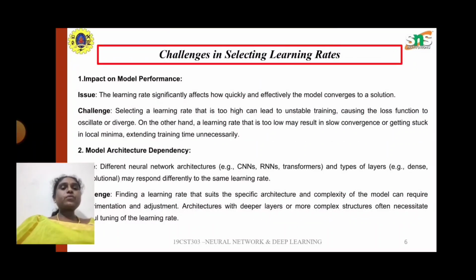So, the challenges and the workflow in selecting a learning rate. Initializing: start with a small learning rate and train the model for fewer iterations or epochs. Use LR finders and fine-tune the learning rate based on the observed performance, and adjust as needed during the subsequent training iterations. Validation: validate the selected learning rate on validation sets to ensure it generalizes well beyond the training data. Hence, I conclude this by